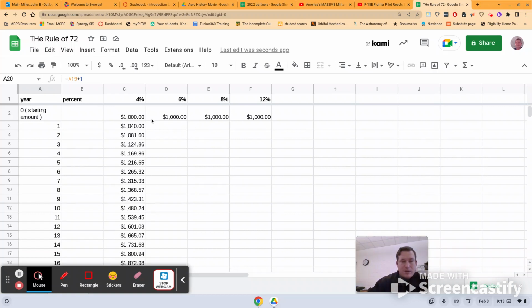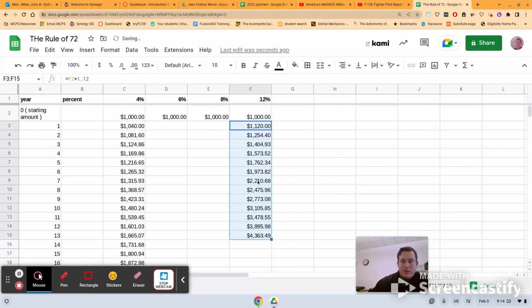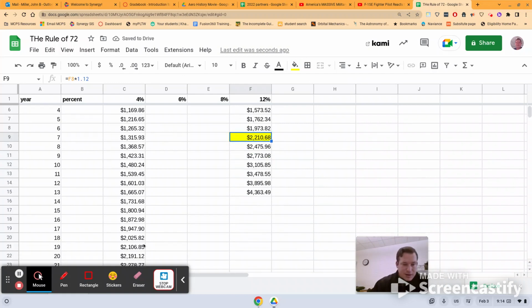All right, so let's try that again with 12% and see how long that takes. So it equals this times 1.12 for 112%. I'm going to drag this down. I bet this doesn't take anywhere near as long. So once I find it, might as well highlight it, so I can see it. Just like I'm going to highlight this one too. And then you can just record this